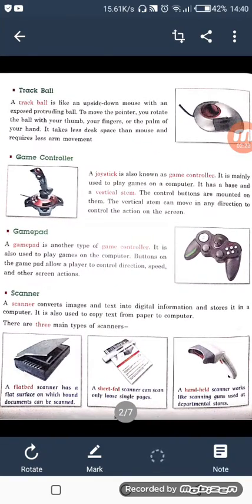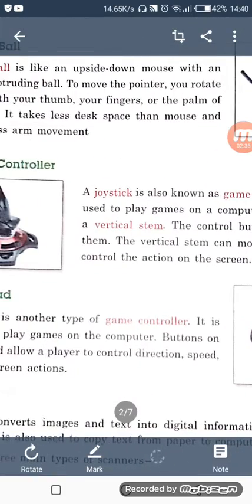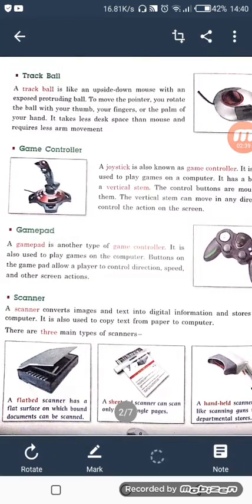What is a trackball? This is a protruding ball. I told you, the ball which is extending. You can see its image. It is like an upside down mouse with an exposed protruding ball.